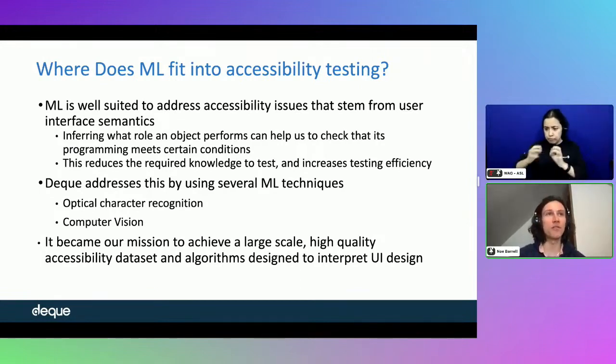And this is helpful for a variety of reasons because it reduces the amount of fully manual testing. It reduces the amount of knowledge required to test things, and it also increases the efficiency. Here at Deque, we address this particular problem by using several machine learning techniques, optical character recognition, and more broadly, computer vision. And a few years ago, it became our mission to achieve a large-scale, high-quality, accessibility-focused data set and